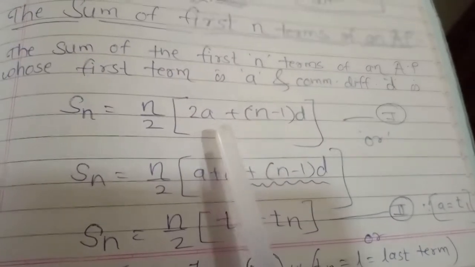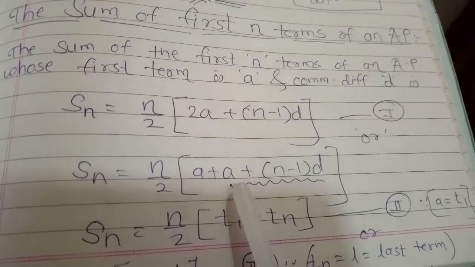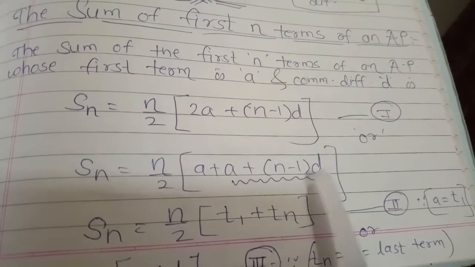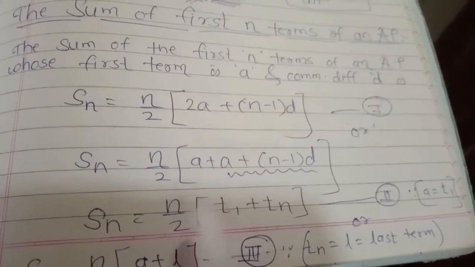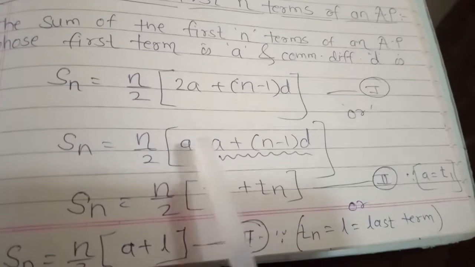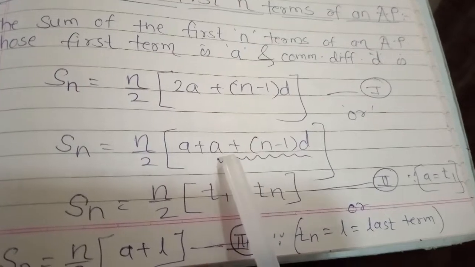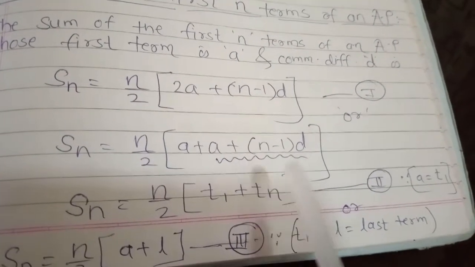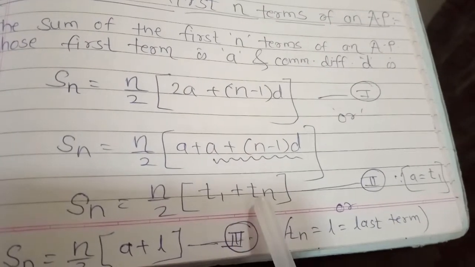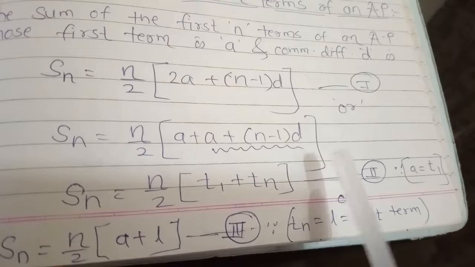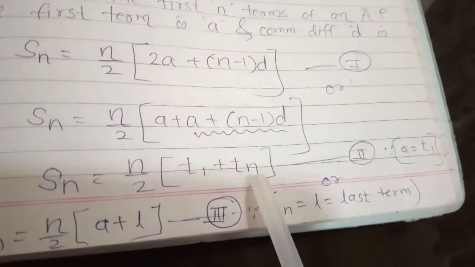Here we can split these terms, that is 2a, we can write it this way, a plus a, and I underline here a plus (n - 1) d. You know this is the formula for Tn. So we can write this formula another way, that is n by 2. You know that a means the first term, which is denoted by T1, and for this we can write Tn. So from this we get the new formula, n/2 (T1 + Tn). According to the requirement of the example, we have to use these formulas. This one is the first formula, this one is the second formula.